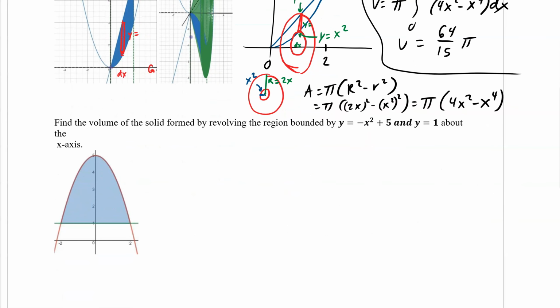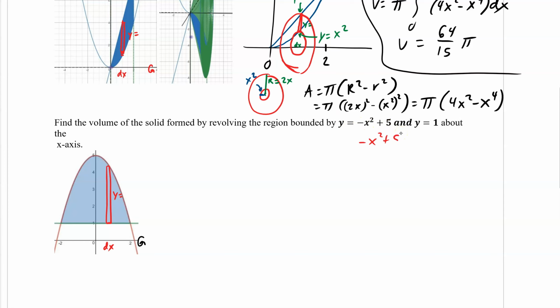Let's try it again. Now we're going to find the volume of the solid formed by revolving the region bounded by this and this about the x-axis. So again, we're using washers. Around the x-axis, we draw our rectangle, and we verify that that rectangle does flow perfectly through the entire thing. We need our points of intersection, but first, we need to label it as y equals and dx to make sure everything is correct. So yes, we have y equals 1 and y equals